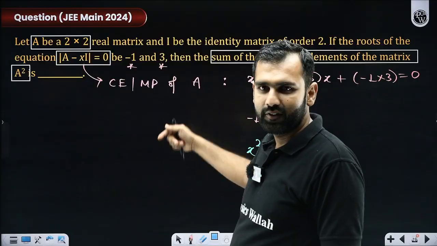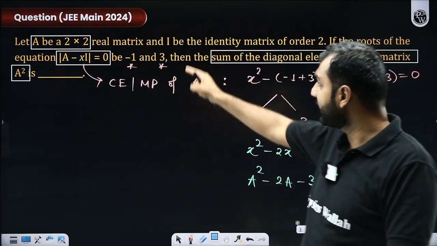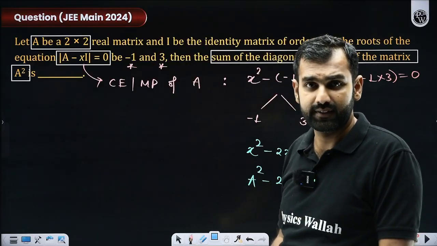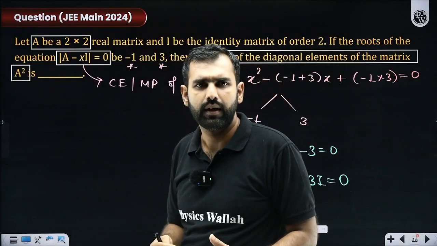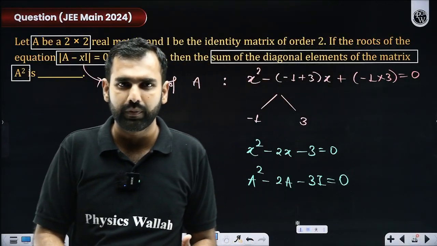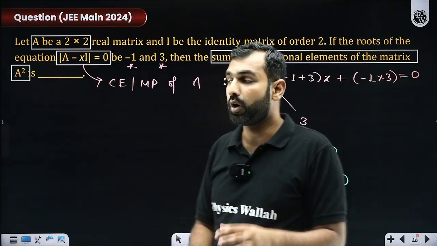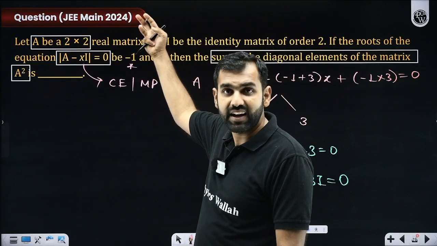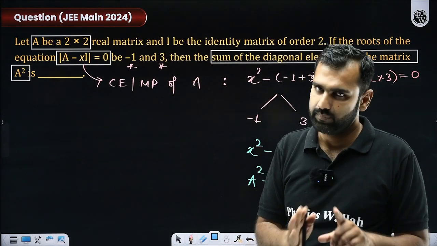Was it really irrelevant? Is it not absolutely useful that you could get the answer to this question within 5 to 10 seconds if you know these properties? So if you invest your time in this 1 to 2 hour lecture, learning characteristic equation, matrix polynomial or Cayley-Hamilton, will you not be able to do these questions asked by JEE Mains very quickly? That's my whole point. Everybody got that?